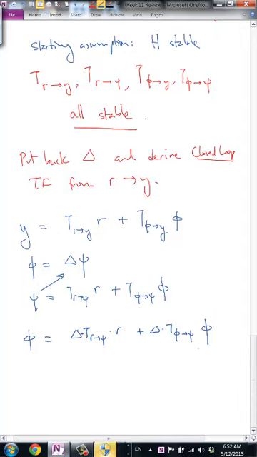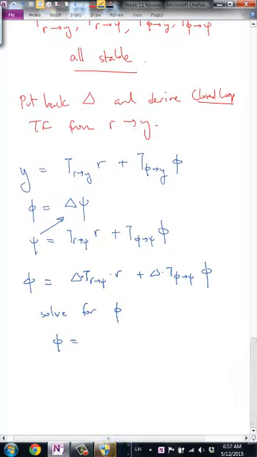Now bring phi over to the left-hand side and solve. And we get that phi is equal to delta times the transfer function from R to psi divided by 1 minus delta times the transfer function from phi to psi times